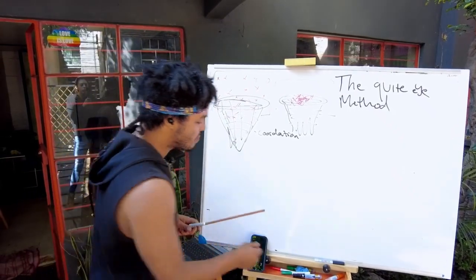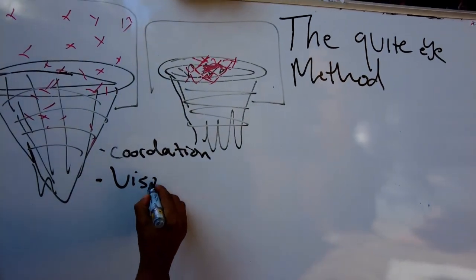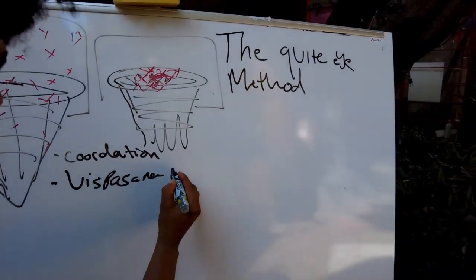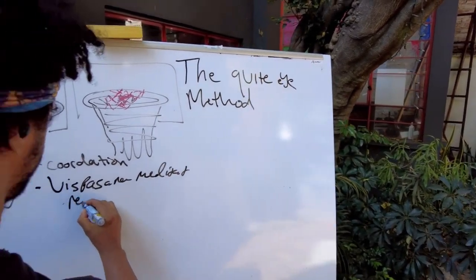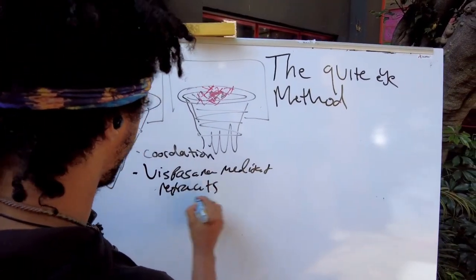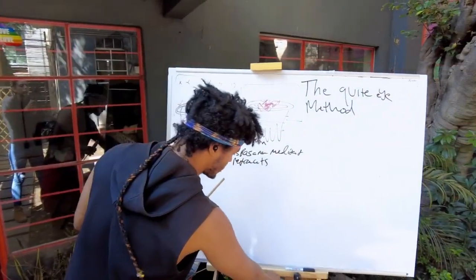With meditation, when you meditate, they teach this in Vipassana meditation retreats, where you focus in on a very small area. For example,